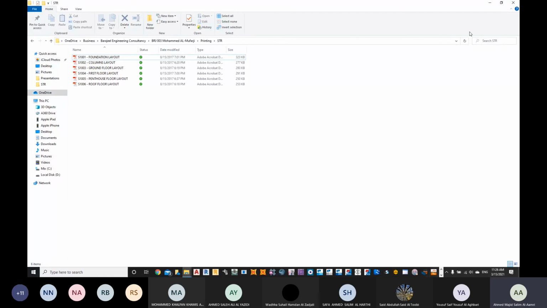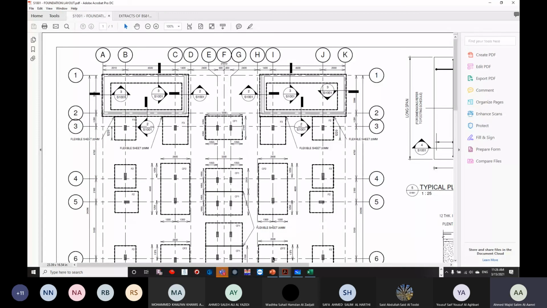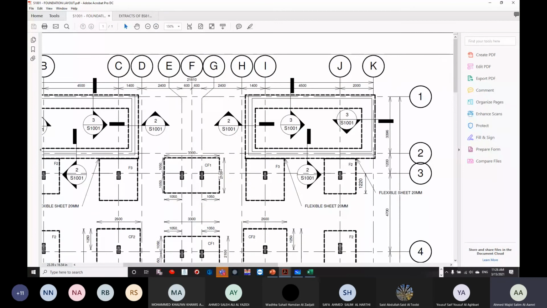The last thing, before leaving, that I want to show you is the sample detailing. So this is a foundation layout. This is a problem that I have brought for you, which we try to solve today, where the width is 2.1, and you can see